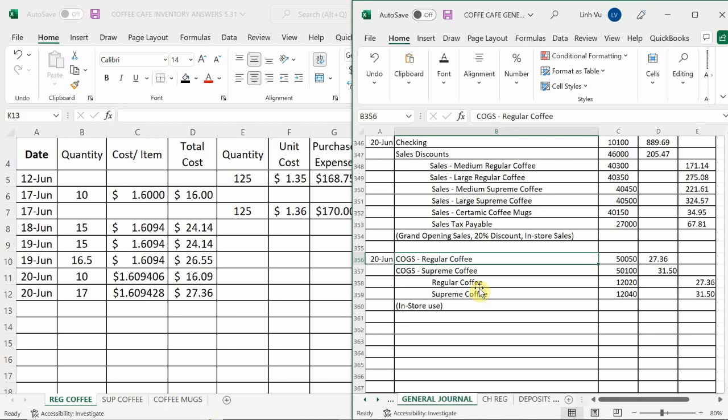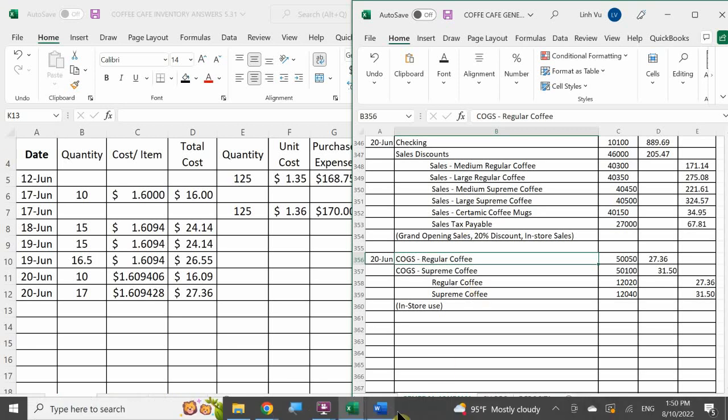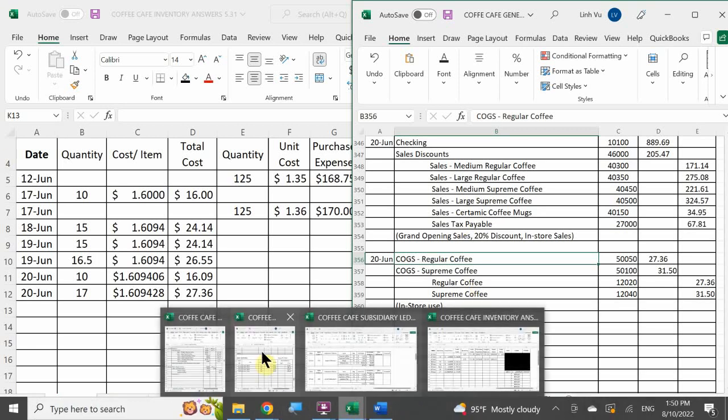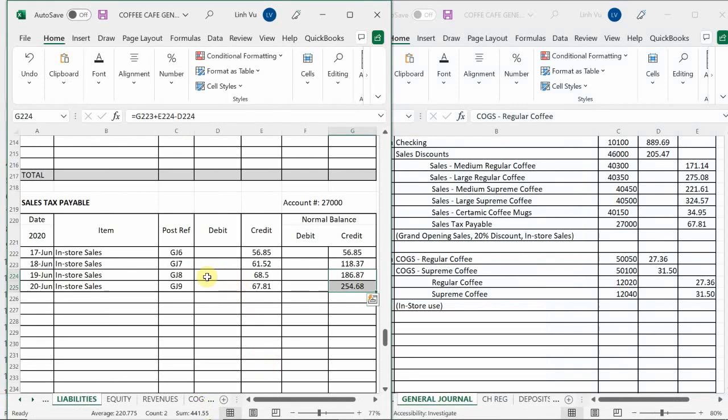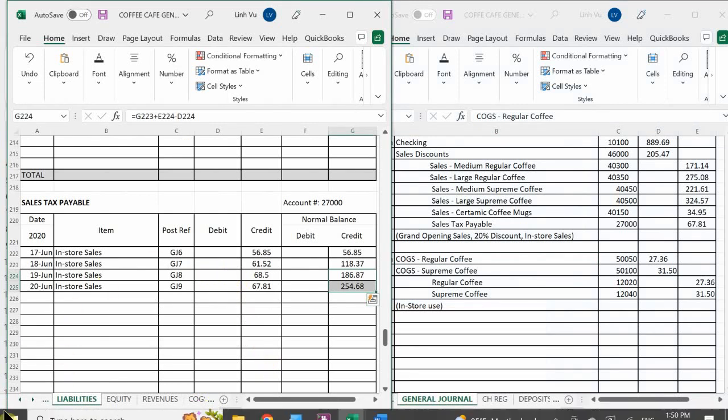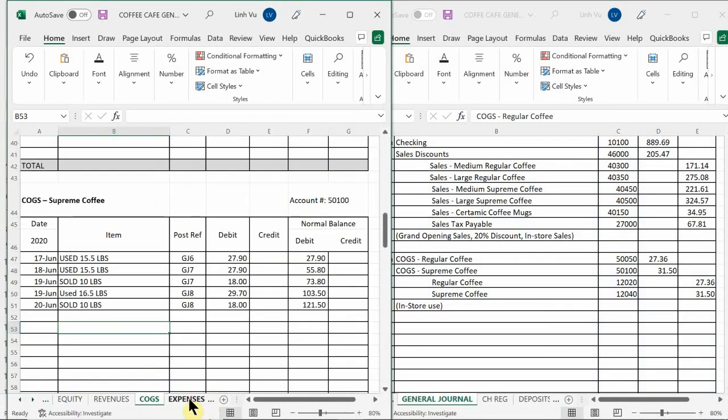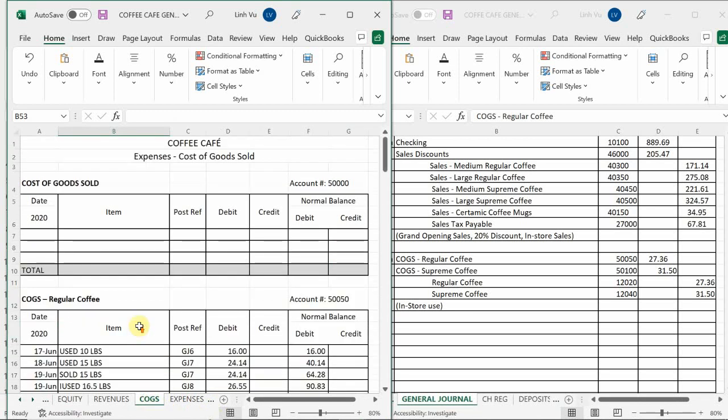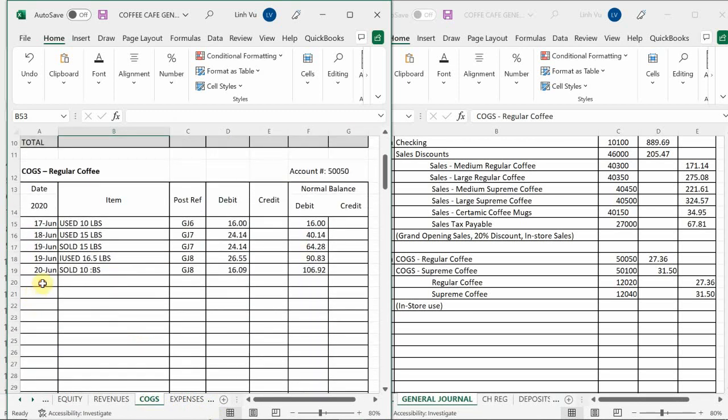And then we would go to the general ledger. Yeah, okay, and start with regular coffee. Cost of goods sold, regular. Good. You would have sold 17 pounds. In this case, this was in-store use, so used 17 pounds. If it matters to you, it matters to you. I just want to make sure of that. It does. So page 9,